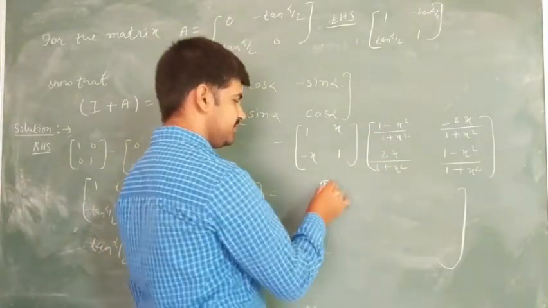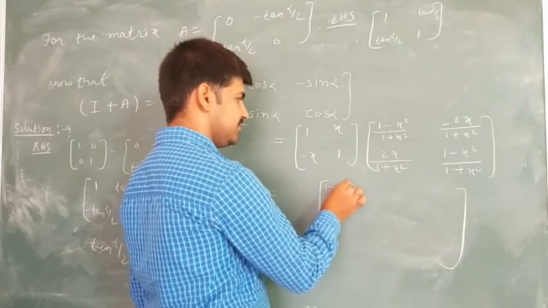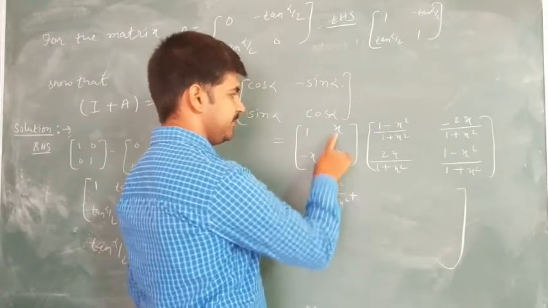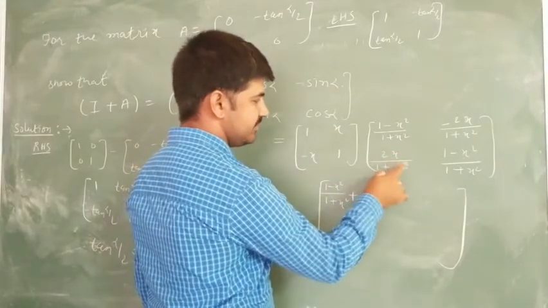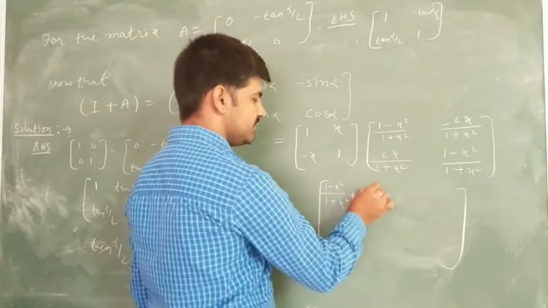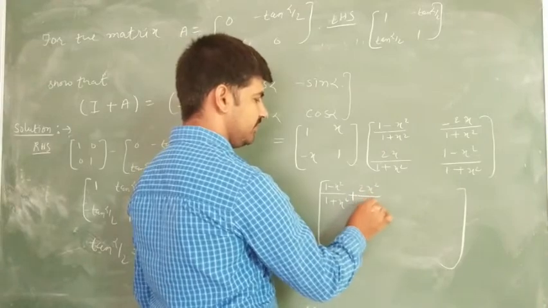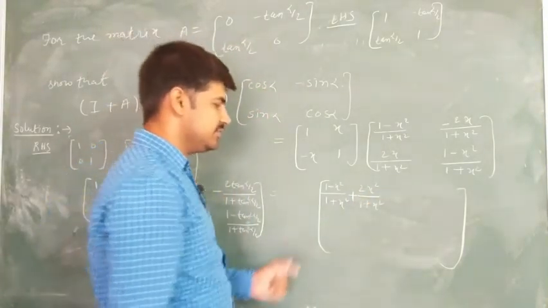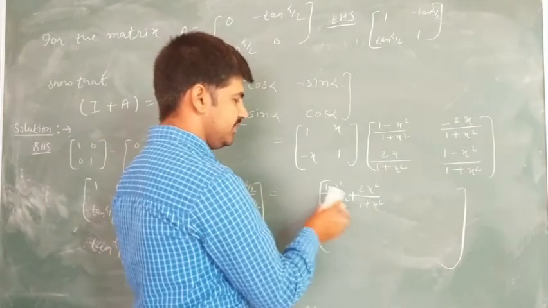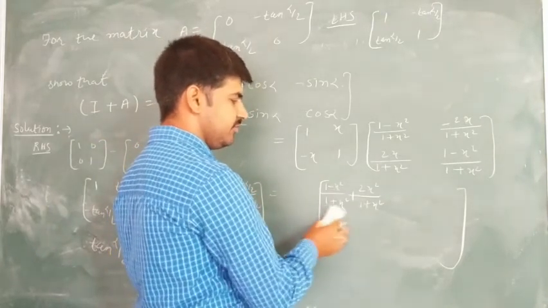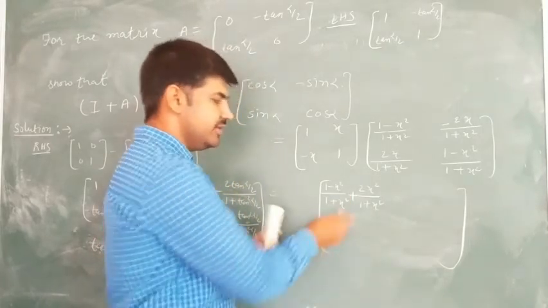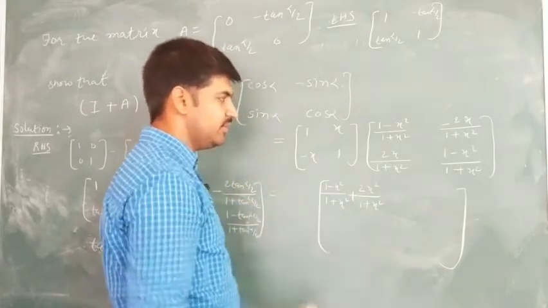So when you get that, students, 1 minus x squared over 1 plus x squared and plus this multiplied by this one, so x will be 2x squared over 1 plus x squared. When you add, students, it is obvious that LCM is this one, and it is 1 plus x squared over 1 plus x squared. So 1 plus x squared over 1 plus x squared is equal to 1. Once I am leaving it here, in the next step I will be writing this.